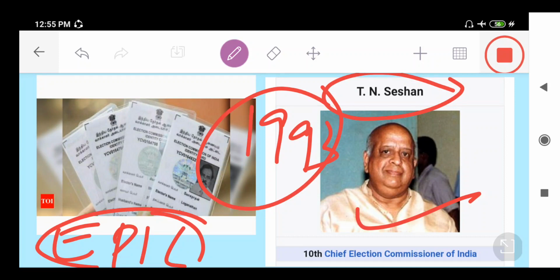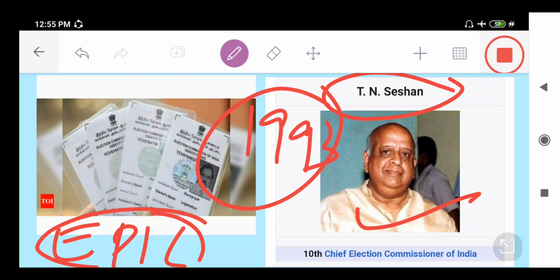So dear students, every voter, male or female, who is a domicile of India and has attained the age of 18, is eligible for casting the vote the moment they are given this electoral voting card. This election photo identity card is given to every candidate on the basis of their list. The card is sent to their home, and on voting day, he or she can carry this card to the polling booth to cast the vote.